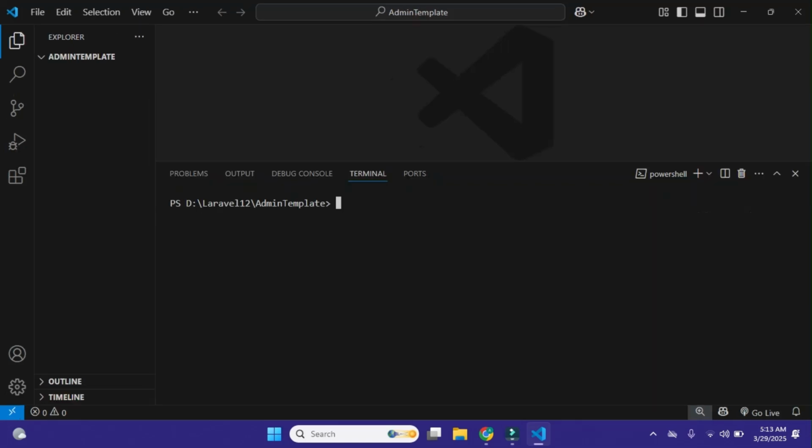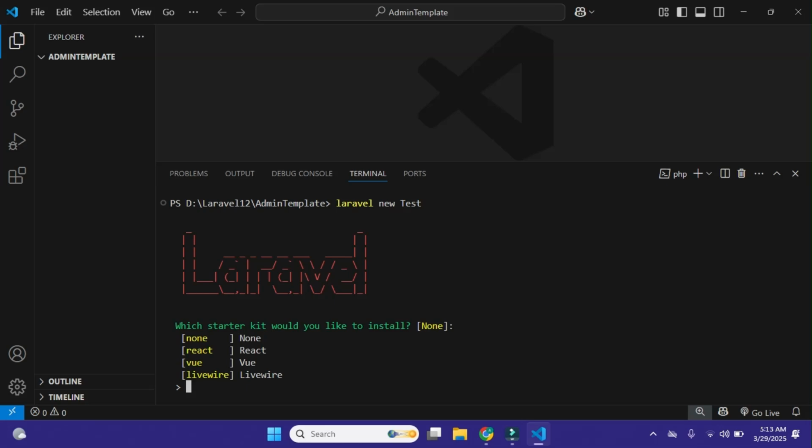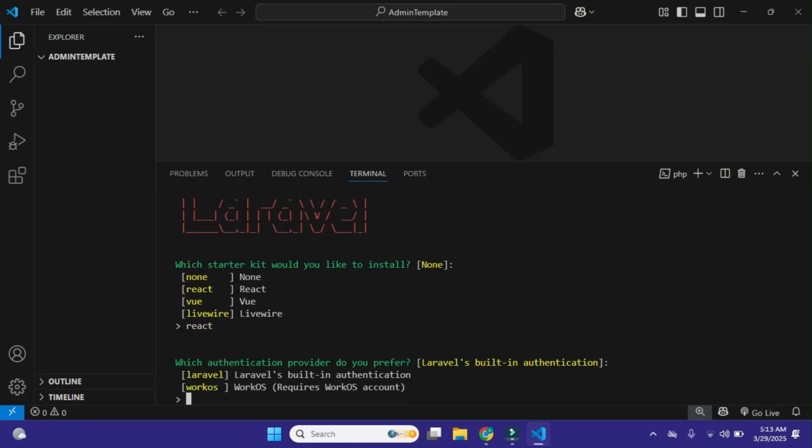And for creating a new Laravel project, I'll use this command: laravel new test, and I'll name my project test, and you can give your project name according to your own choice. And for now, just click on enter, and from here I'll select the React starter kit, and also we need authentication in it.